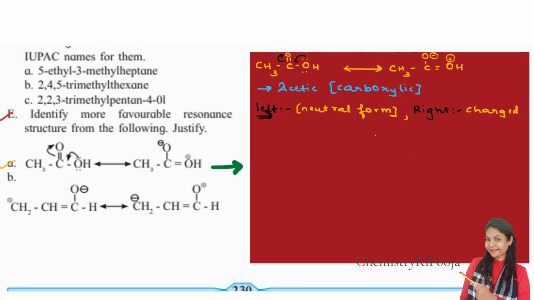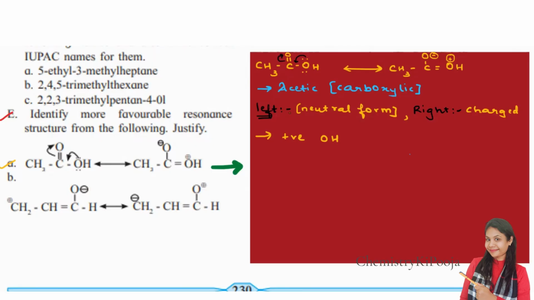So structure 1 is a more favorable resonating structure as compared to structure 2. Now, why is structure 2 not that favorable? Let us quickly have a look at the reasons. The reason is the positive charge is present on the OH group, right? Whenever an electronegative element has a positive charge, in this case the oxygen, it is electronegative but has a positive charge,